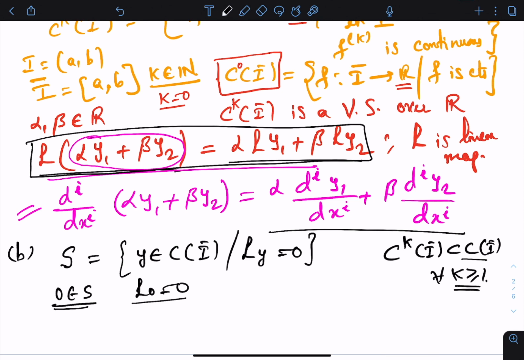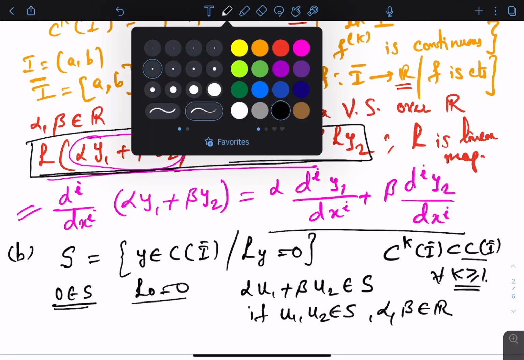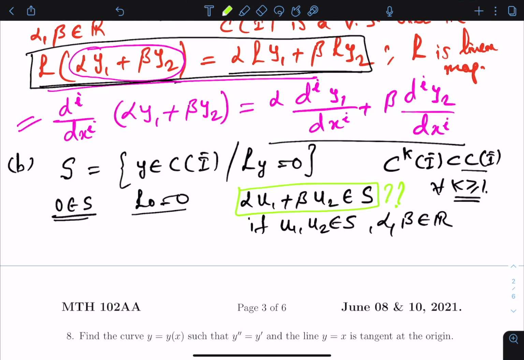Now what should we check for a subspace? If we take any two elements U1 and U2 from S, we need to show that if U1 and U2 belong to S and alpha, beta are, say, some real numbers, if it's a vector space over reals, then we need to check whether alpha U1 plus beta U2 belongs to S. Again, it's valid from the linearity of L, because for this to belong to S, L of this should be 0. So what is